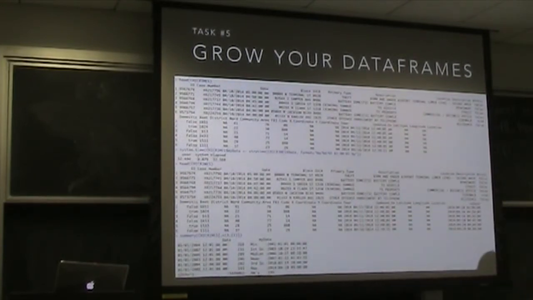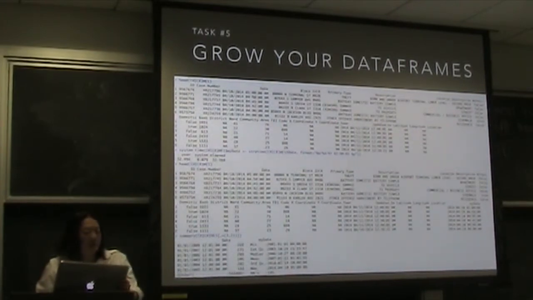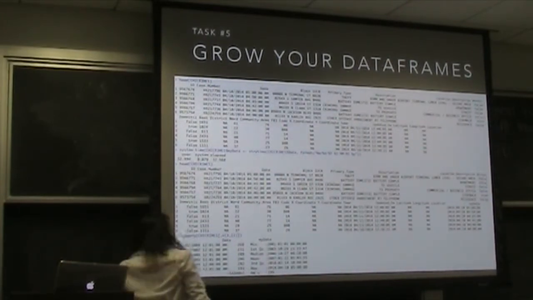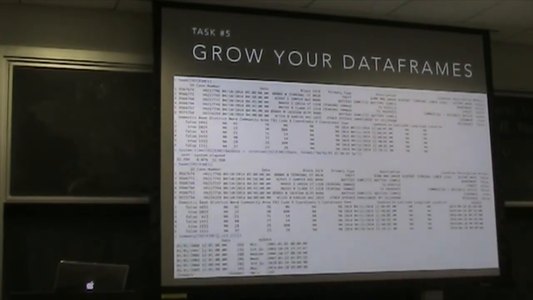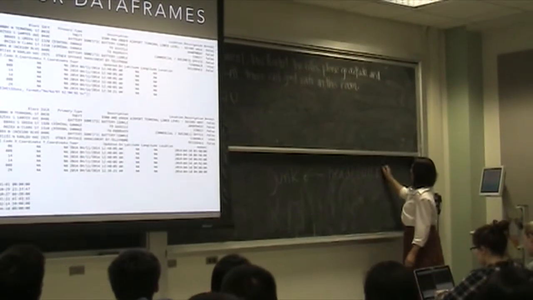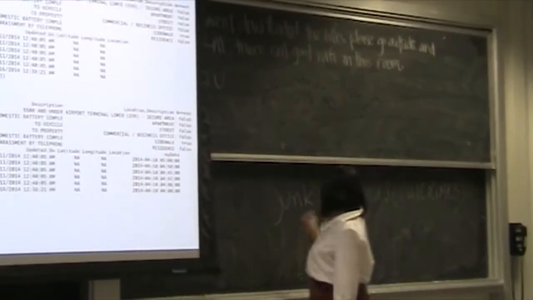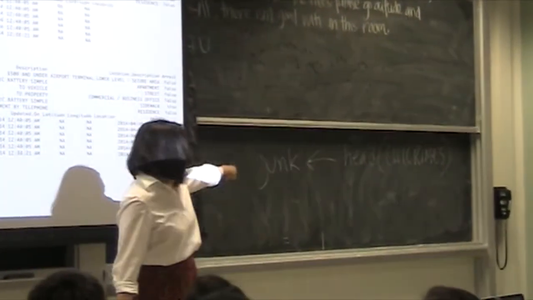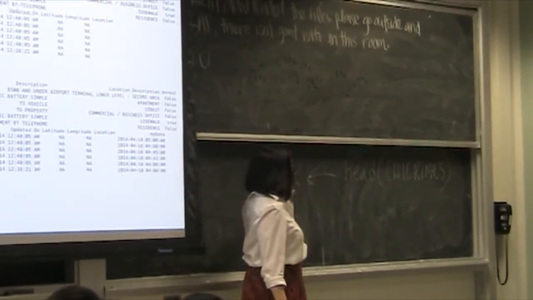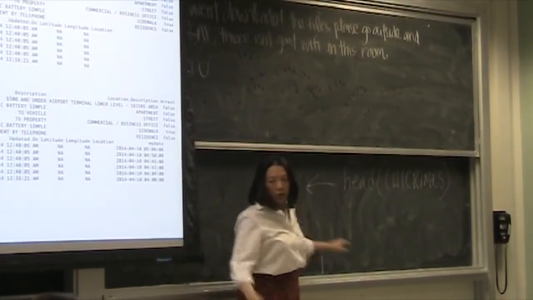Now, what I would recommend, and we'll talk about it, and I should have written this this week, is you could take, it says head here. You could say, let me write it. You could say something like this. Junk gets head of child crimes. Okay, it didn't actually take that long to create this new date variable, but this would be really fast. It only has 6 observations. You can make a new data set called junk, and you could do all your transformations. You could try your time variable format on this little thing. And then when you think you're ready to go, run it on the full one.